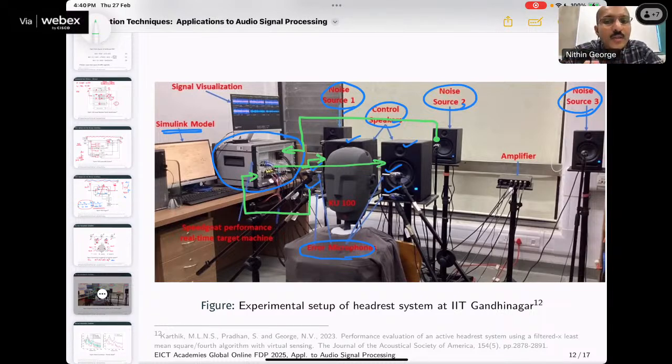Understood? This is the overall idea of how a headrest system can be implemented, and how we can do it in real time and see how the noise is going to be cancelled. Okay, fine. There is one question, I will answer it just immediately after this. Okay, fine. So now,